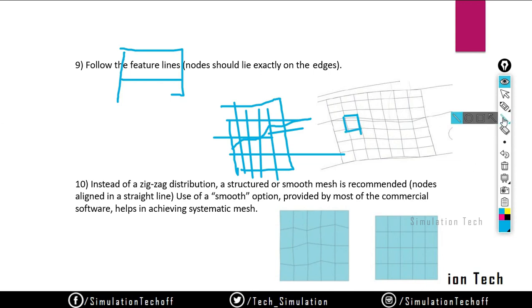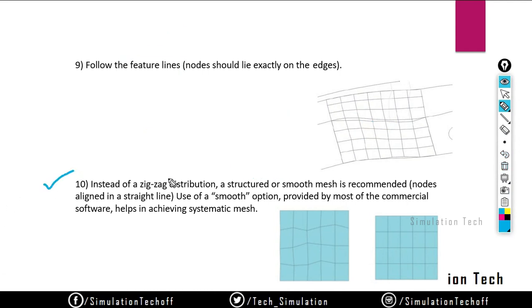So what is the correct way of creating meshes? We need to obey the feature line. My nodes should lie exactly on the feature line, so my mesh deforms according to the feature lines. You don't have any permission to suppress or neglect the feature lines. Feature lines are very important. There might be a fracture or stress concentration region on the feature line. That is why we insist on obeying the feature line. Don't ignore that. If it is creating a mesh like this, you have to delete the entire mesh and remesh it.